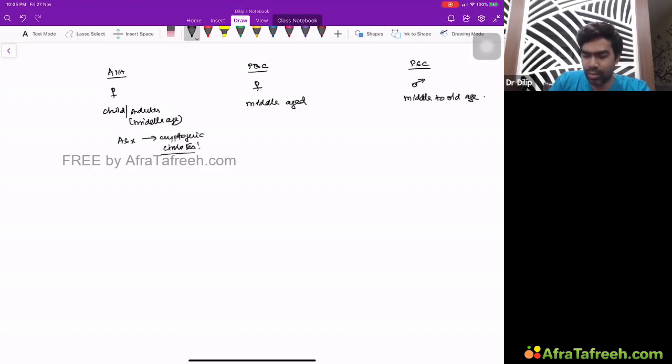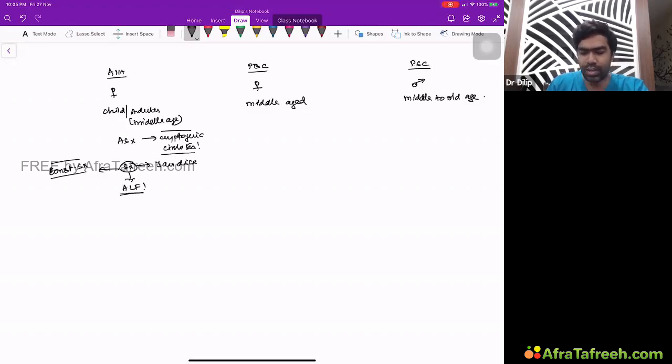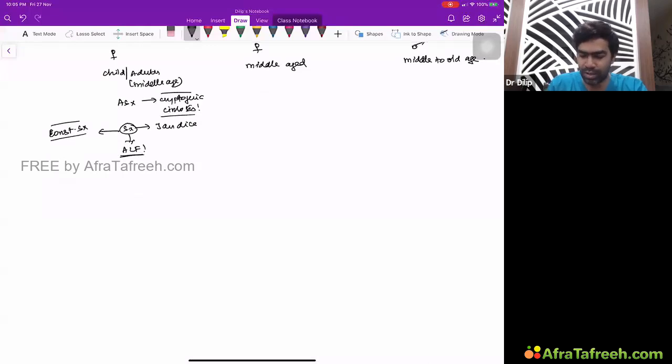They can present as cryptogenic, which means without any reason, completely asymptomatic over a long period of time. Suddenly, they'll come with cirrhosis. Or they can be symptomatic, coming with jaundice, or with only constitutional symptoms like fatigue, anorexia, weight loss, and all this stuff. Or they can present with acute liver failure also. Again, the spectrum is completely variable.